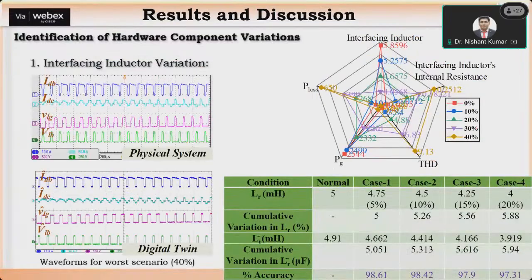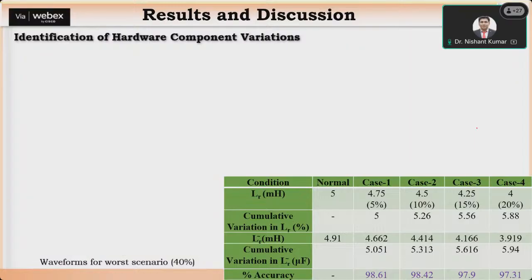Another is the component variations with time. With time, components will vary. Components means capacitors: the capacitance will decrease, and the inductor's inductance will decrease. Right, so with time these components are going to change. Then again, is our system capable of predicting those changes or not? That is the main objective here. So for that purpose,